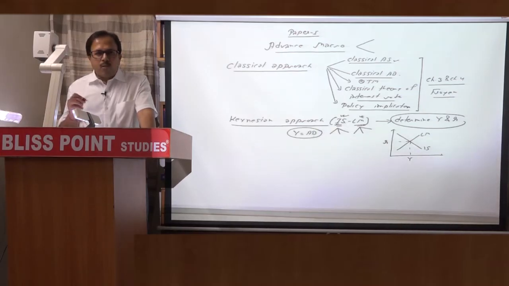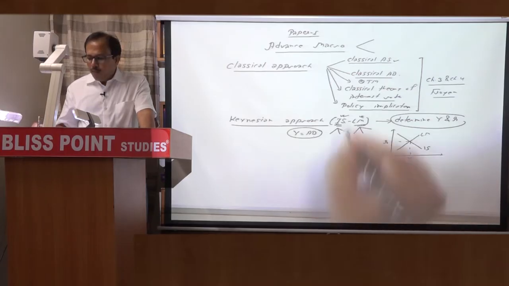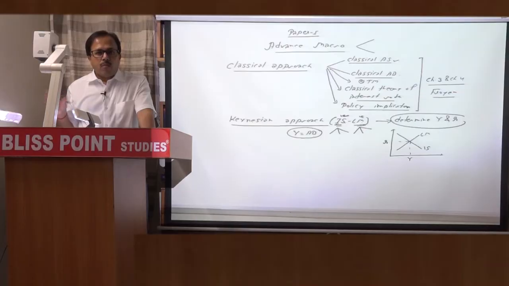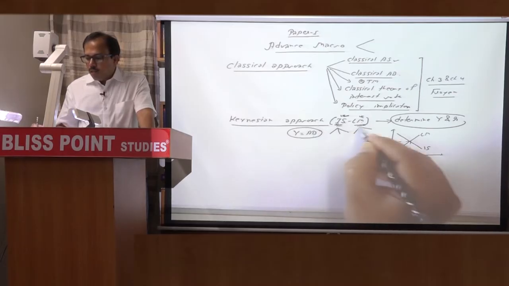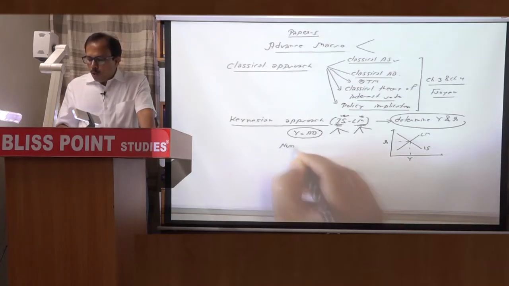What will be the effect of monetary policy change and fiscal policy change on income and rate of interest. When there are fiscal changes, they will affect the IS curve. When there are monetary changes, they will affect the LM curve. But either way, we have to determine in which case policy is effective, in which case it is not effective, in which case it is less effective, in which case it is more effective. So the Keynesian approach mainly involves the tool of IS and LM, plus there is the concept of crowding out and liquidity trap, a frequently asked question we can say, and also one or two numerical parts,